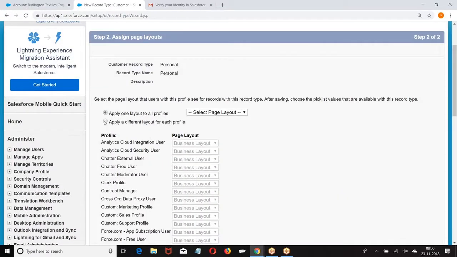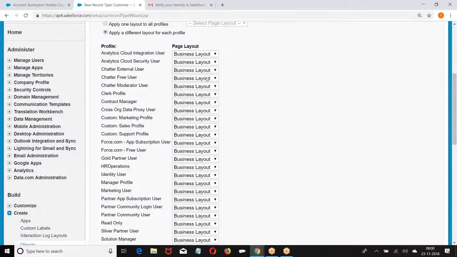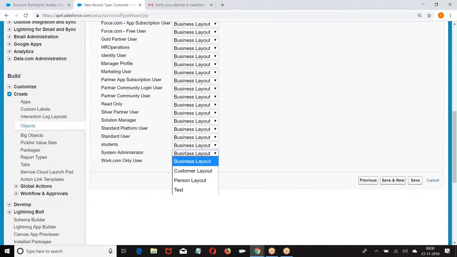Then they'll ask you, if they open, what is the layout that should be applied? I told for system administrator it should be the person layout. For students it should be the customer layout. Tell me, if people open with this record type, which page layout should be displayed to the profile? I told it is a personal layout.